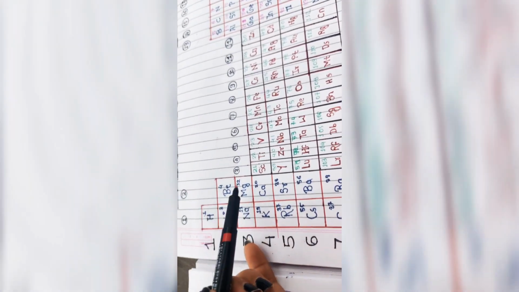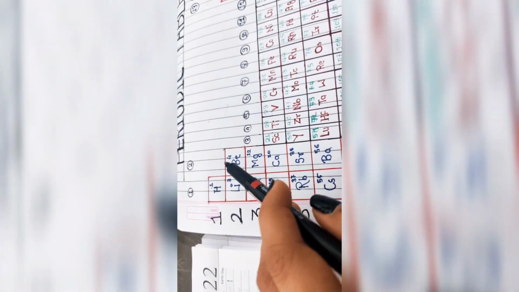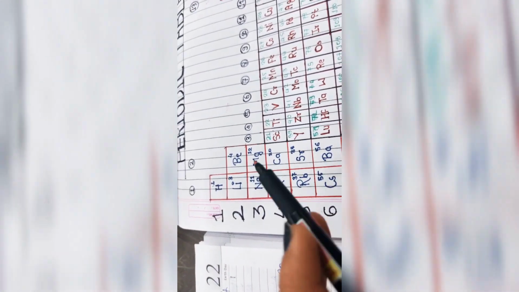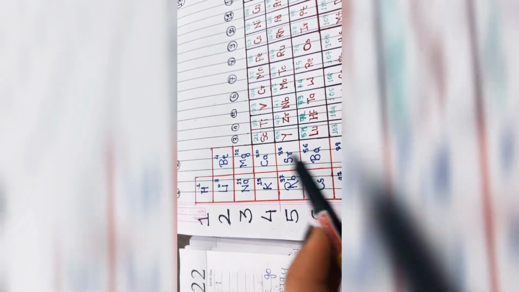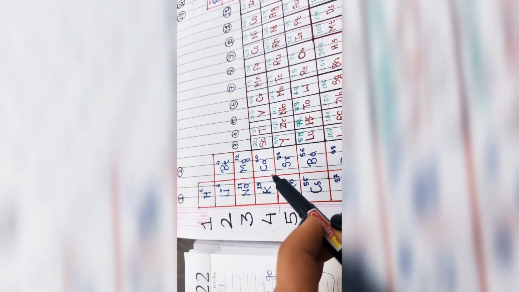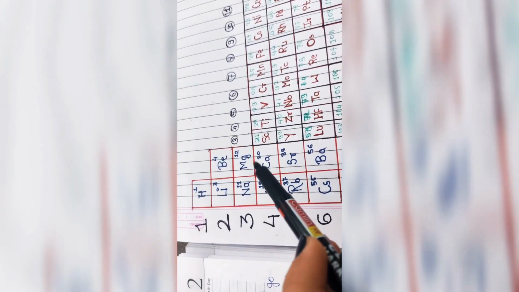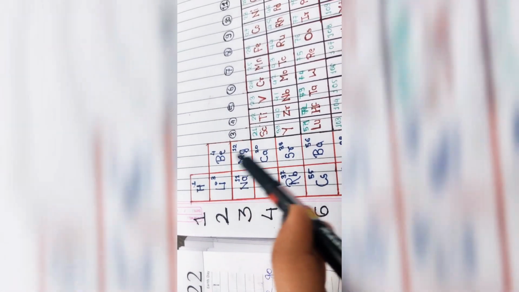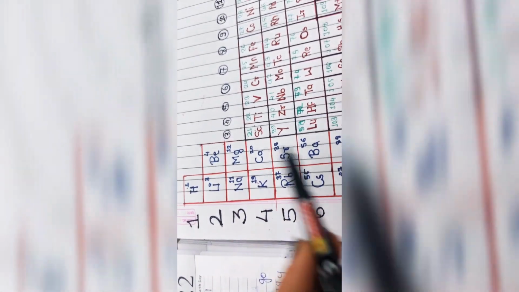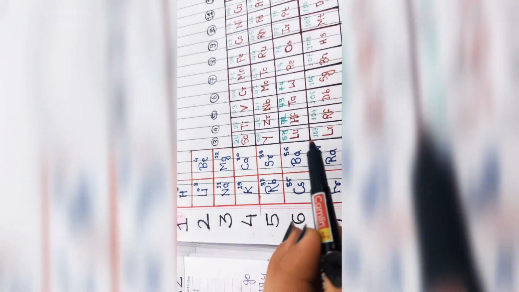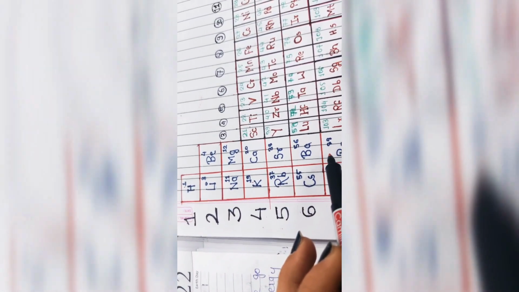Let's move to the second group. The second group elements have 2 electrons in their valence shell and have oxidation number +2. How to find the oxidation number, I will also tell you in the video. So this is beryllium, magnesium, calcium, strontium, barium and radium. These elements are called alkaline earth metals, because their oxides remain in the crust of the earth and are very heat stable.